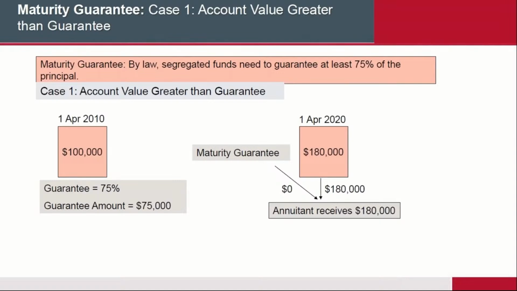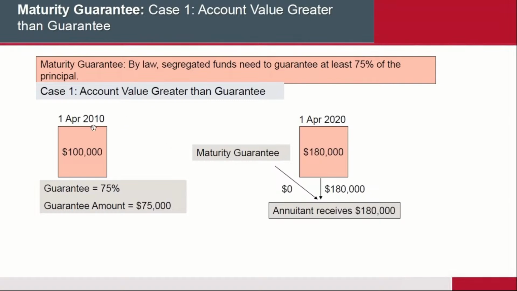If you took the $10,000 and you put it into a mutual fund, and 10 years from now it's only worth $1,000, you get $1,000 and that's it. But if you took that same $10,000, you bought it in the seg fund, and 10 years from now it tanked to $1,000, you're going to get $7,500, because the guarantee is 75% of your deposit. So that's the minimum guarantee on maturity, not before. On maturity, the minimum guarantee is 75% of your principal deposit.